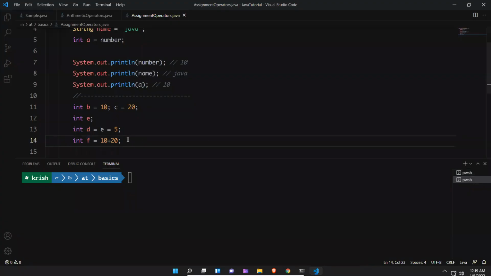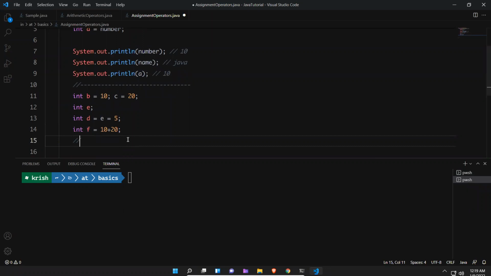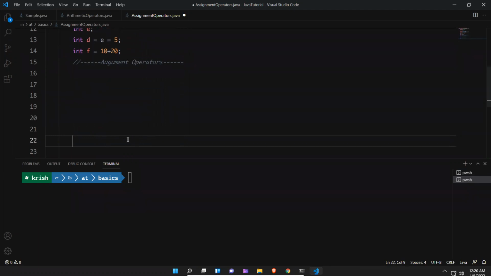Now, augmented operators. How will it be? int I1 equals 1, a normal assignment.